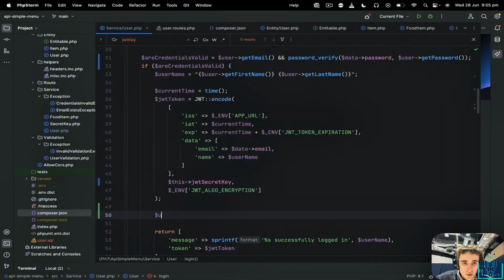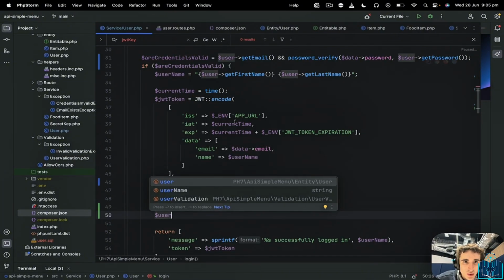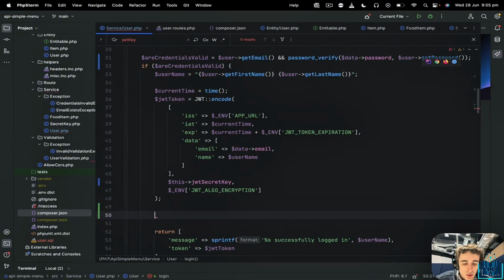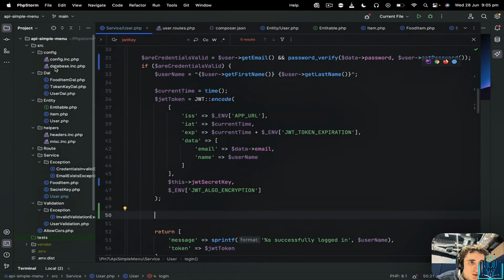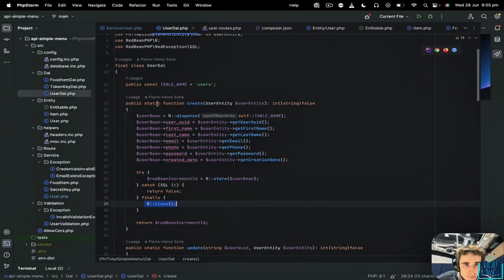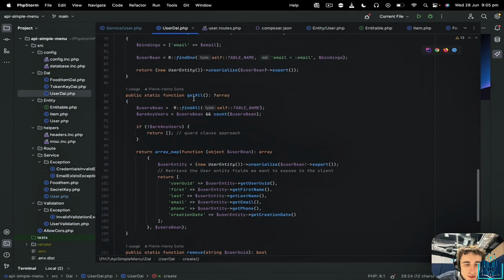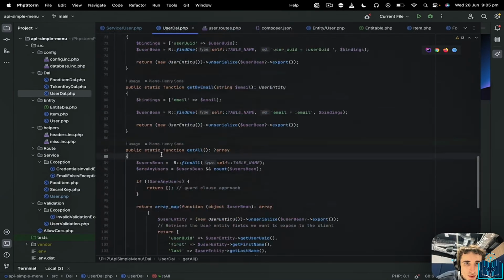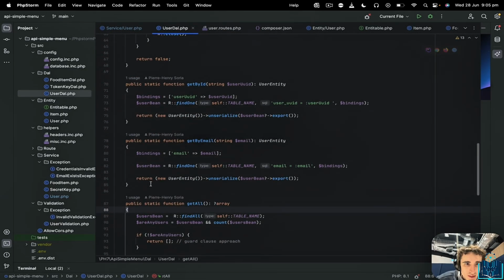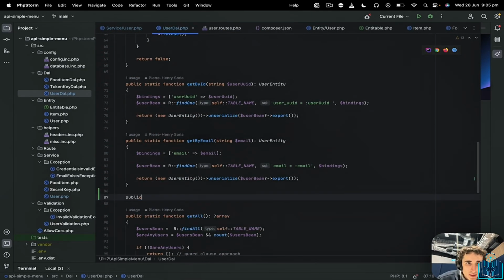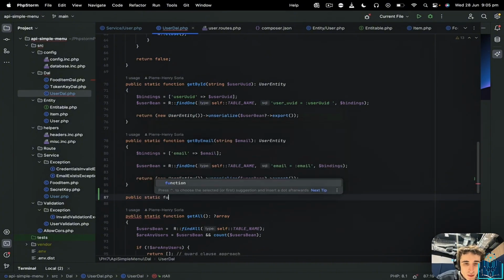Otherwise we could quickly update the property. But what I will do, I will create a new function in our user DAL, after get all, remove does exist here, public static function,